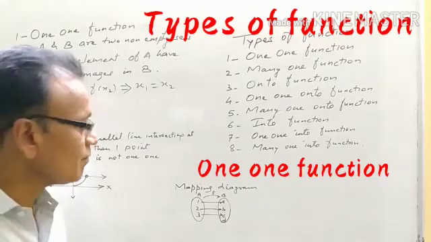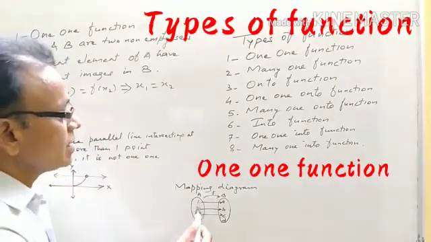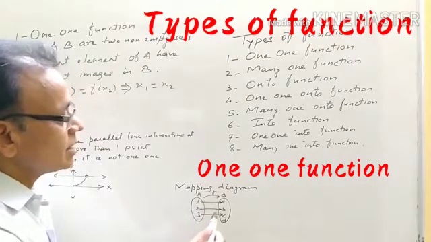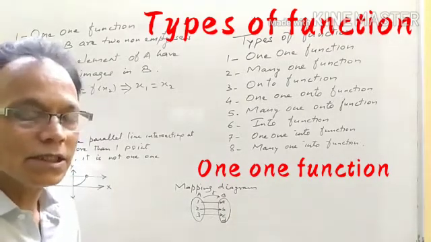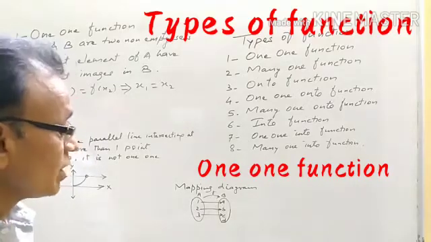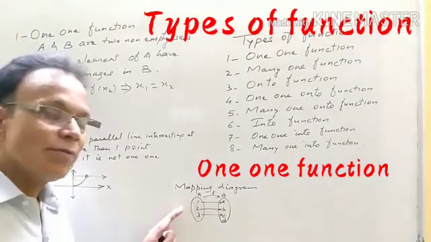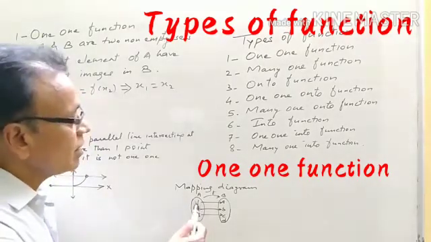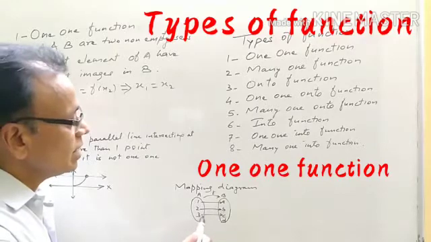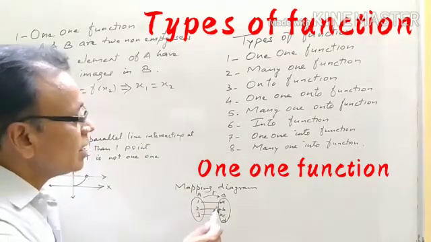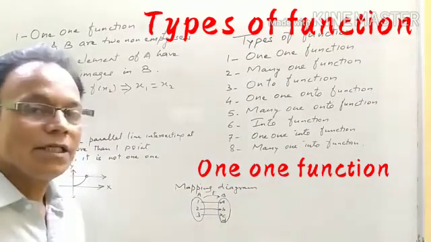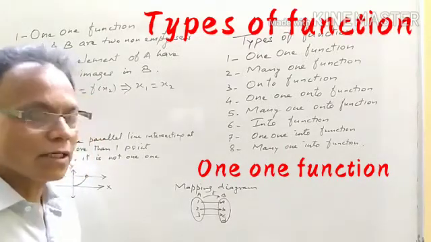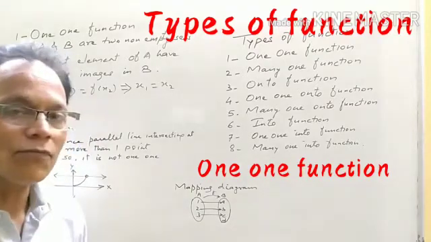So this is an example of a one-one function. Through a mapping diagram also you can understand, set A and set B. If we consider that in set A, elements 1, 2, 3 are there, and in set B, A, B, C and D, 4 elements are there, we see that every element of set A has an image in set B: 1 to A, 2 to B and 3 to C. In set B, D does not have any pre-image, but that doesn't matter. So this is also an example of a one-one function.